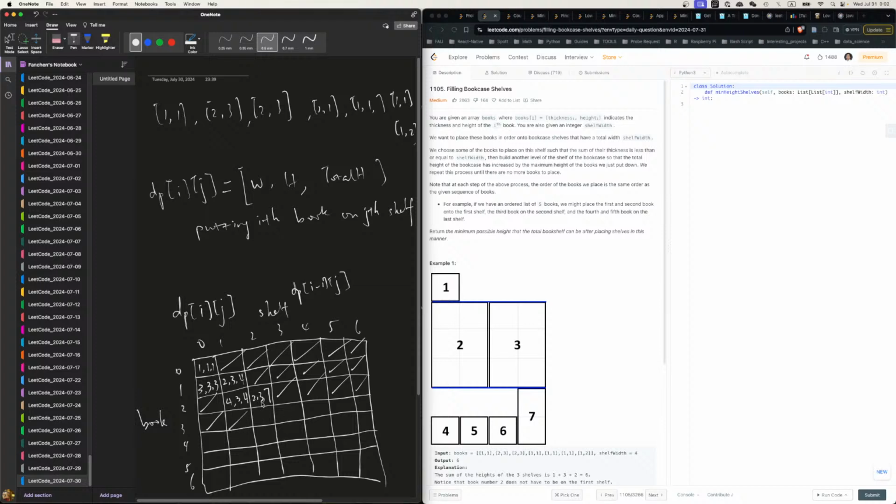This is 2, so I can put 1, so it'd be 3. Height is still 3, so nothing changes. Or by myself. Right, if I by myself in this